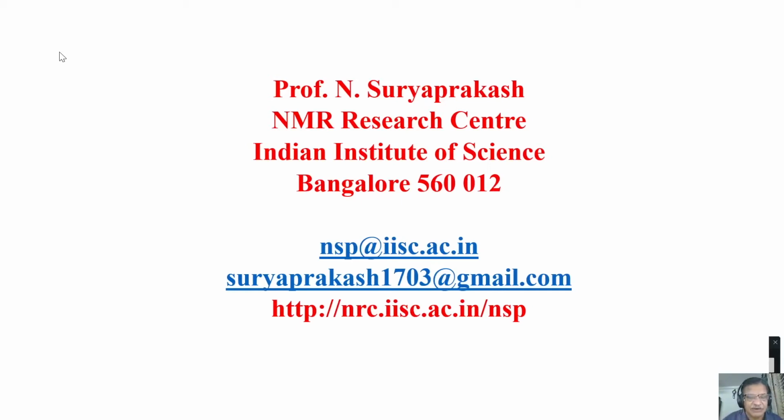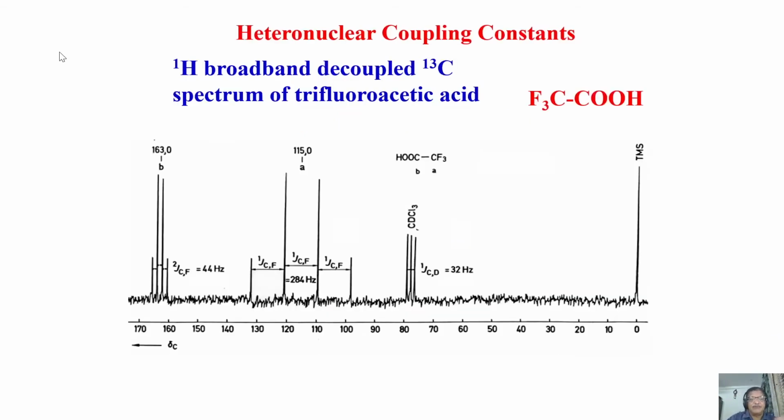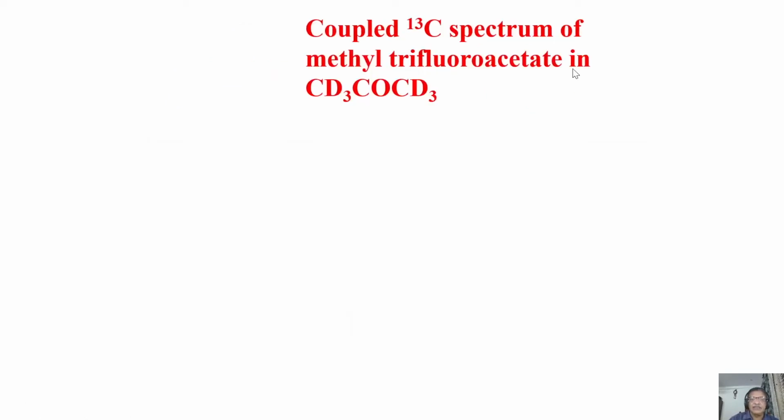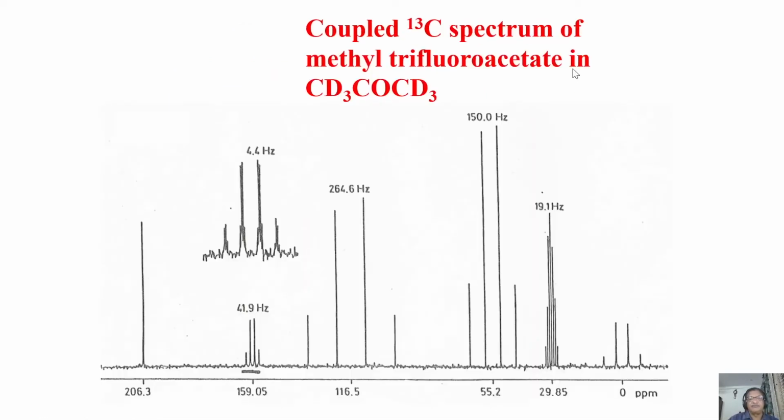That's what I discussed also, and took one or two examples of how we make the assignment of carbon 13 spectrum, especially broadband decoupling, when there is a coupling with other heteronuclei. We'll continue from that today. This is what we discussed last class. That's where we stopped. I explained why this CF3 peak is coming downfield, what was the reason for getting this quartet, and what was the reason for getting the quartet for this carbon. So we discussed. We'll go to the next molecule, another molecule.